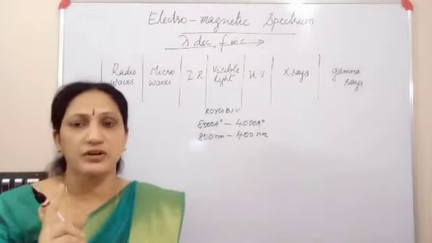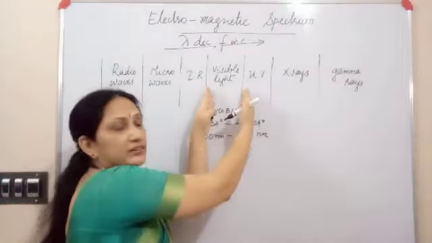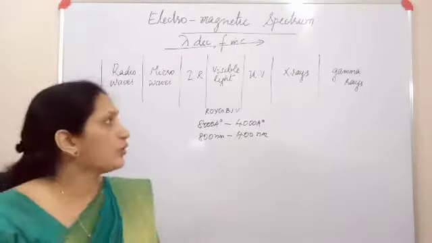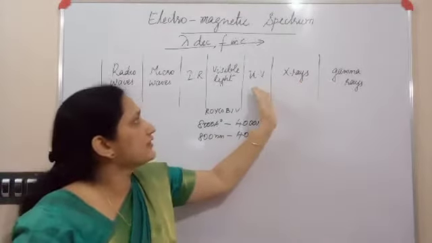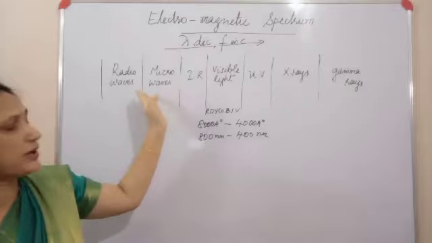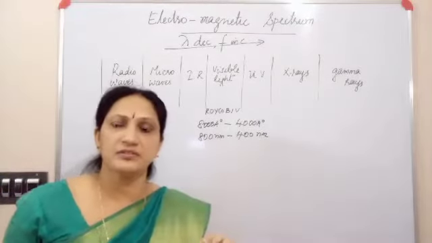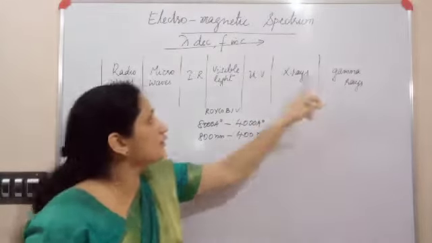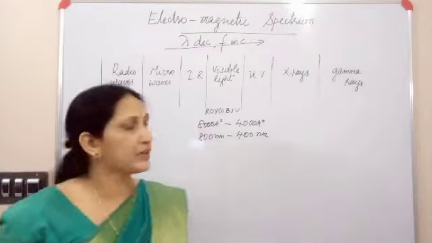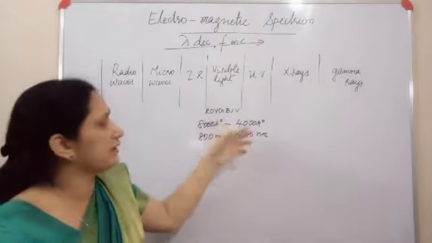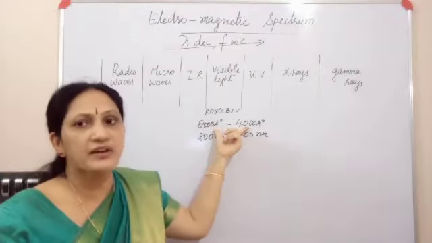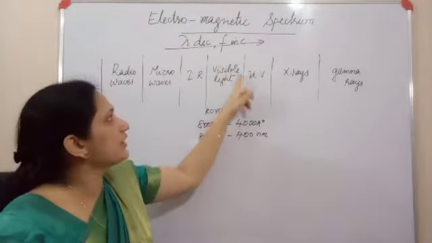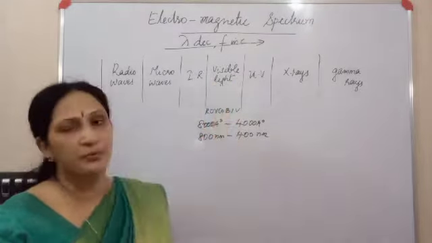Because the human eye will respond only to this small group of electromagnetic waves ranging from 4000 to 8000 angstrom. All the other electromagnetic waves like ultraviolet, X-rays, gamma rays, infrared, microwaves, radio waves cannot make any response in the human retina. These 6 electromagnetic waves make the invisible spectrum, and only the waves in the range of 4000 angstrom to 8000 angstrom make the visible spectrum. This means these are the only electromagnetic waves visible to the human eye.